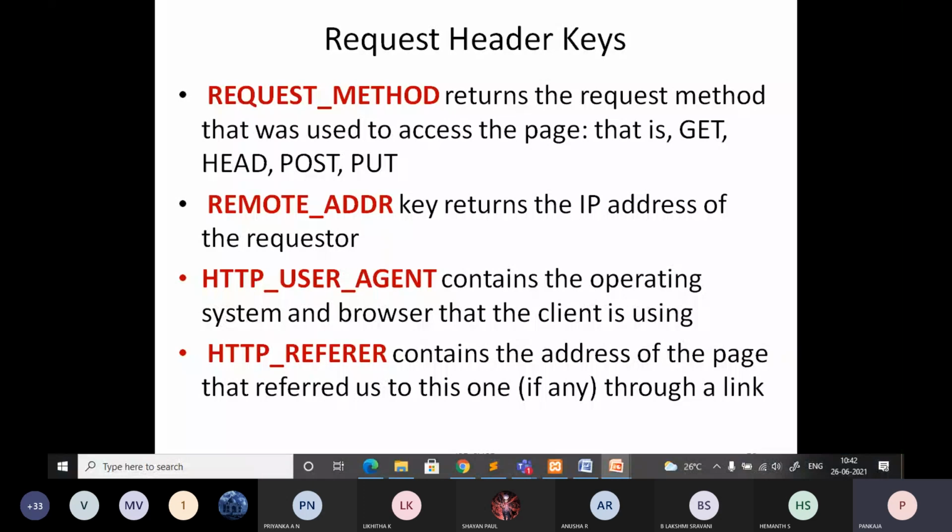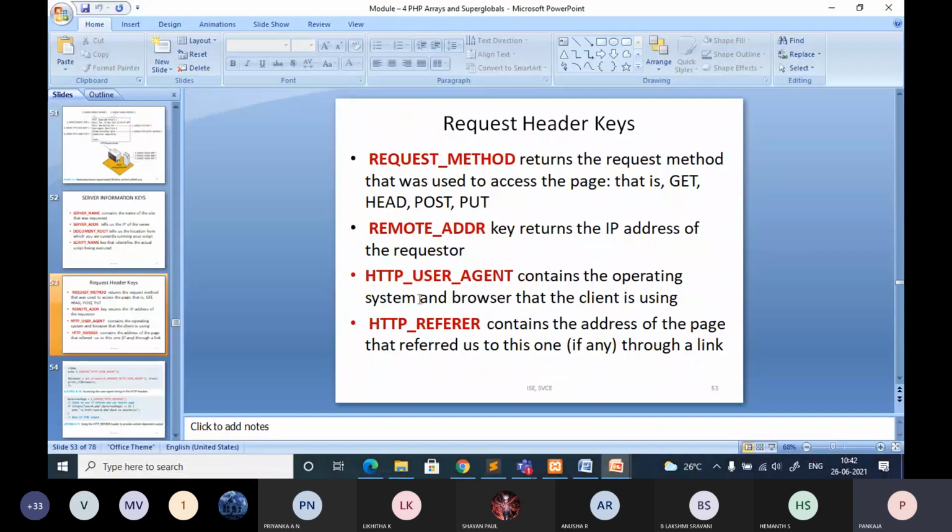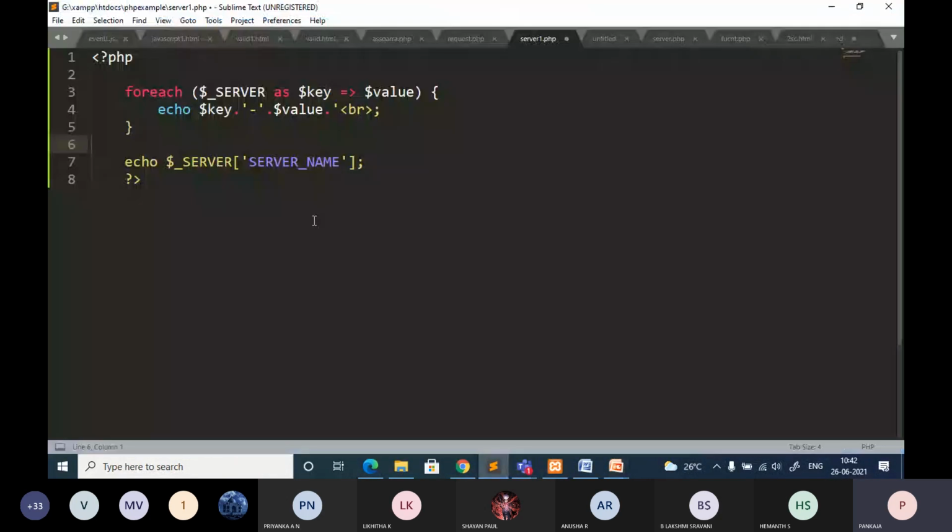You can go through these things. Request method. You will be able to get these details when you have prepared a program that has a form and you are submitting data and trying to access it. In the same program, you display some of the information on the server using the $_SERVER array.